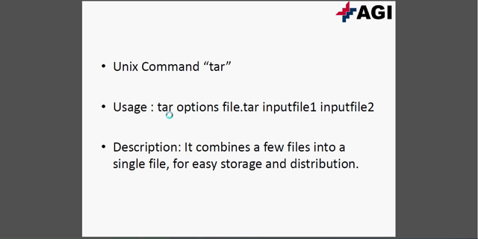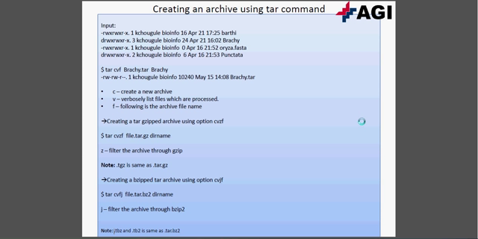So the Unix command tar, on the command line you use the word tar followed by the options, followed by the name of the file which will store all the input files, and the files which you want to tar. So let's look at some of the example cases, and in our first example we are creating an archive using